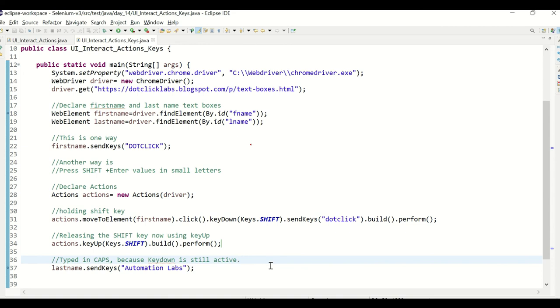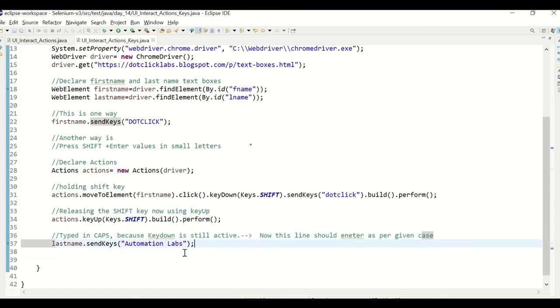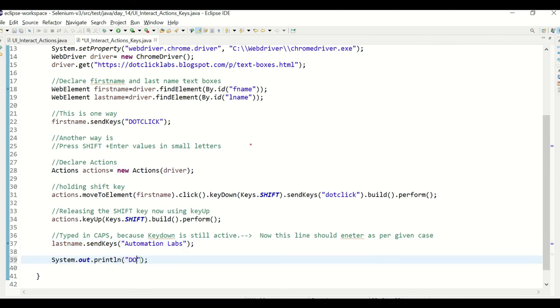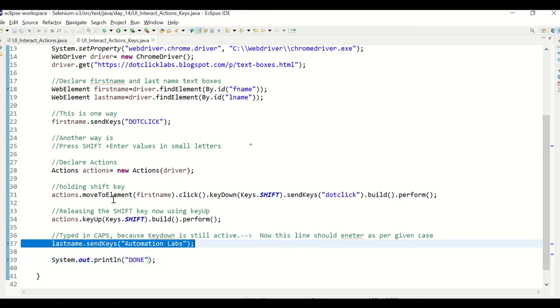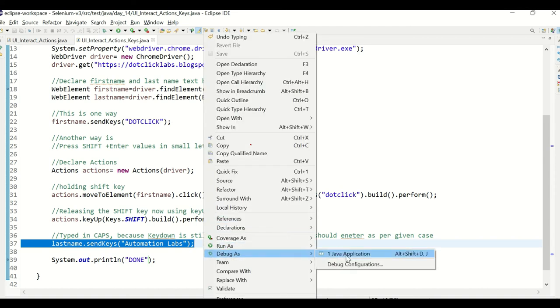It should enter in small letters because we are releasing the shift key press. Now this line should enter a small letter, in the given case, which means whether I give small case or caps case, it shouldn't be converted to caps. Okay, so let's execute these lines. Debug as Java application.